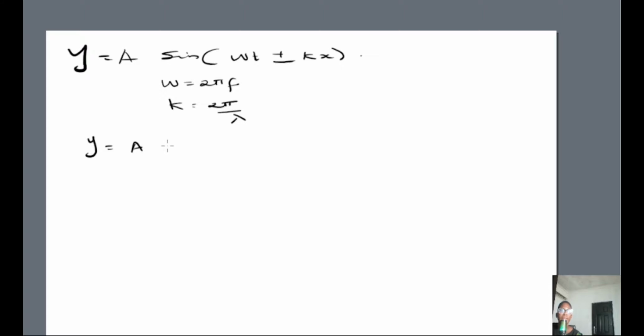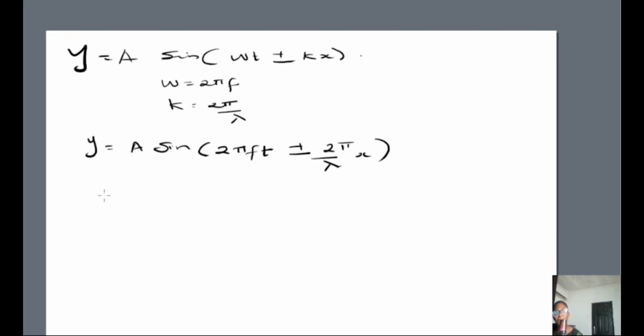A sin. So instead of putting w, what are we going to put? We're going to put 2 pi ft, then plus or minus what? k will now be represented with what? 2 pi over lambda, then the x will be there. So this is another equation. This is so important because there are so many questions in plane progressive waves, and they will just write it any way. But if you know how to derive equations, you'll be able to solve any one. So we have this now.